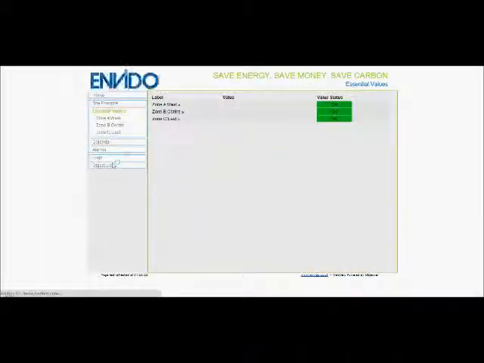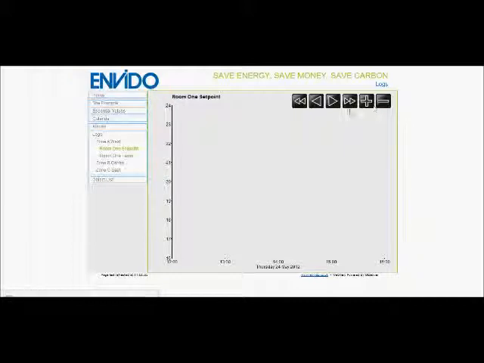So moving down the menu on the left hand side, we get a quick overview of what each of these zones are doing. We can see how they're performing, a quick look at that without needing to interrogate further. If we do need to, we can run into that and get, again, a log of how this building is performing. So it gives us a really good example of what that building's doing in terms of the set point for the building on that example, and here for the temperature. So we get a good idea of what that temperature is doing to ensure that actually it's at the right